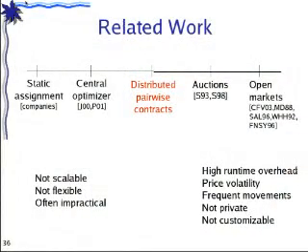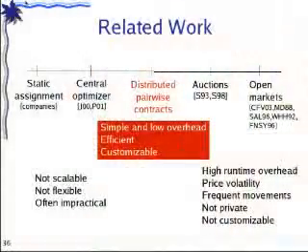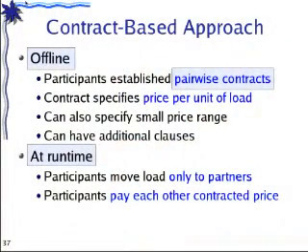The problem is that we have to pay a large overhead cost in running all these auctions, in continuously renegotiating prices. And also, all the participants are just supposed to openly collaborate with all the others. It is very difficult to have preferential agreements. So what we propose is to use something in between. We propose that participants negotiate contracts offline and then use these contracts to perform their load movement at runtime. So our scheme is going to be much simpler and will have a lower overhead than these computational economies, yet it still gives us good load distribution, and because the contracts are negotiated offline, they can be highly customized with various service level agreements.